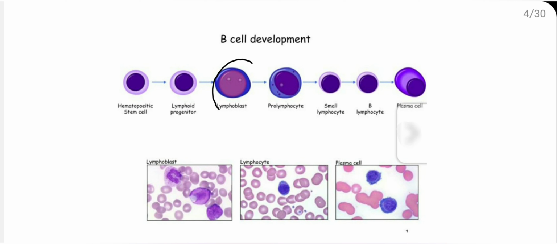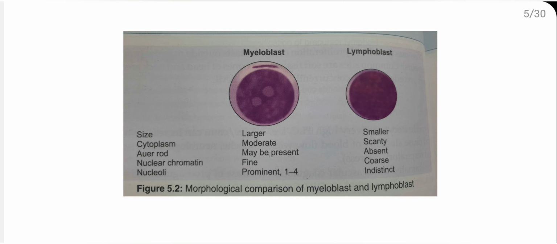Similarly, lymphoblast grows into mature lymphocyte. Now, how do you differentiate myeloblast from lymphoblast? You have to identify whether it belongs to myeloid series of cells or lymphoid series leukemia. So the difference between myeloblast and lymphoblast, one is the size. Myeloblast is quite larger than lymphoblast, and cytoplasm is moderate in myeloblast, whereas it is scanty in lymphoblast. And Auer rods are present in myeloblast, whereas they are absent in lymphoblast. And I told you about the